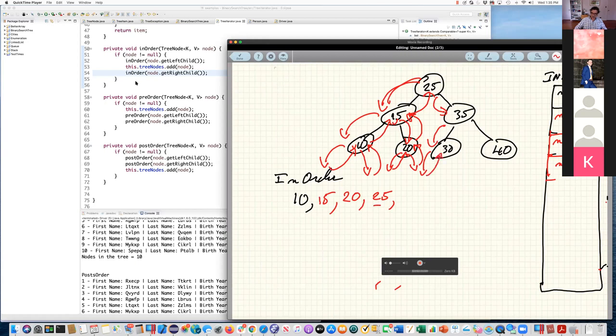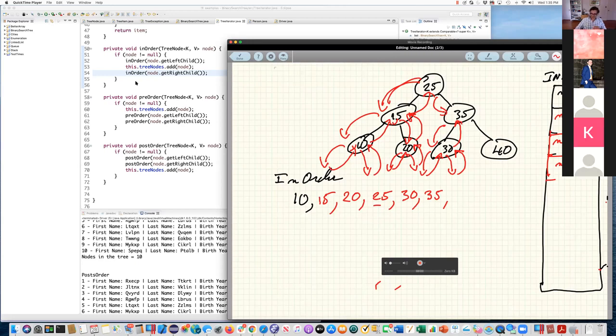And since it got back from the left child, I'm going to visit 30. And then I'm going to go to his right child. That's null. I come back from visiting the right child. I'm done with 30. So I go back to his parent. And I'm coming back to that from visiting his left child. So that outputs 35. When you come back from visiting the left child, you always output the node.